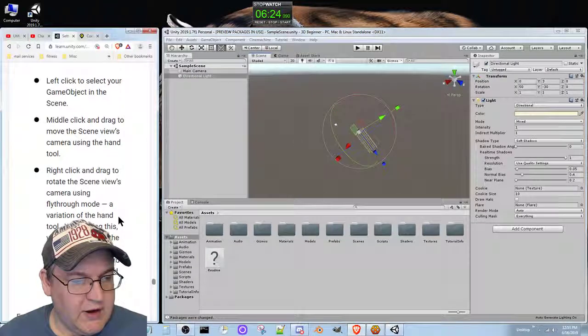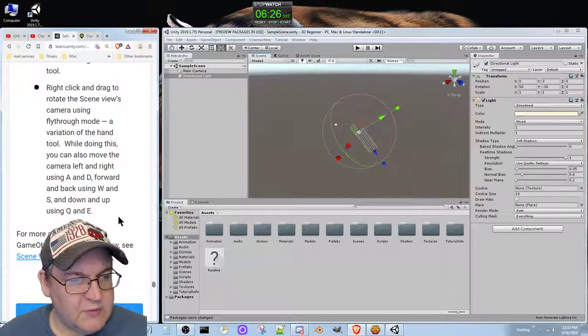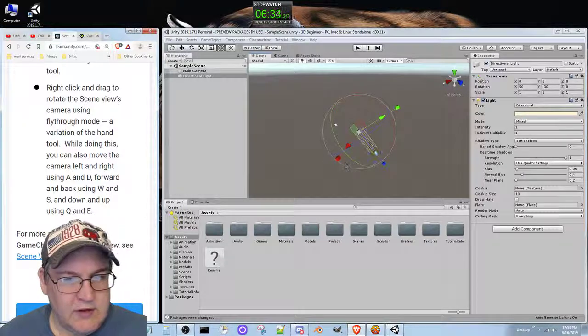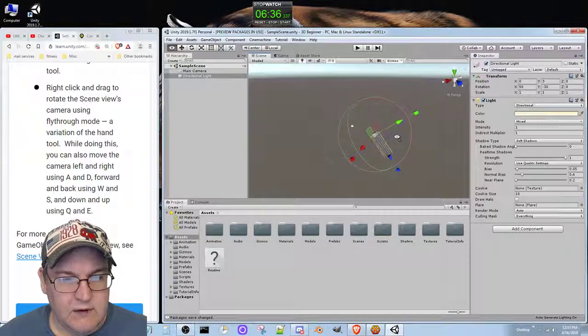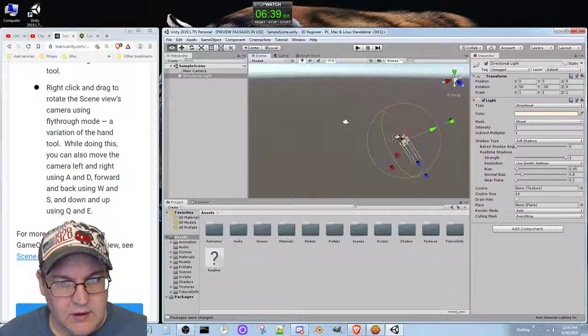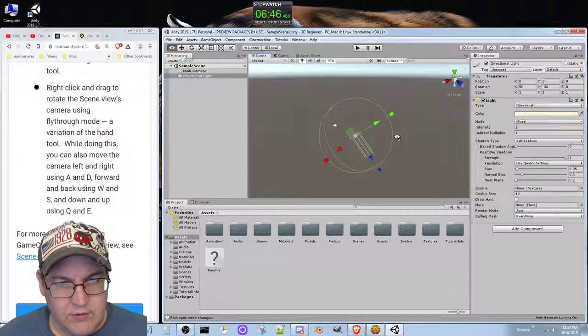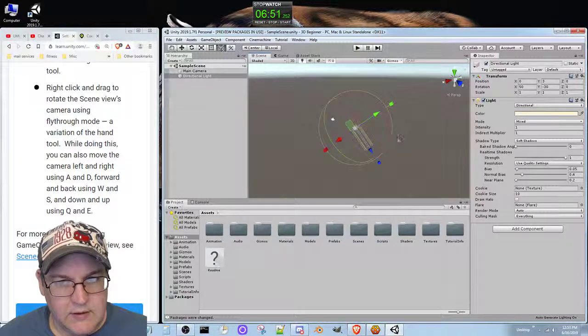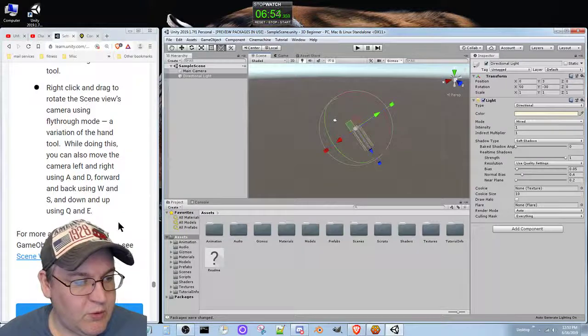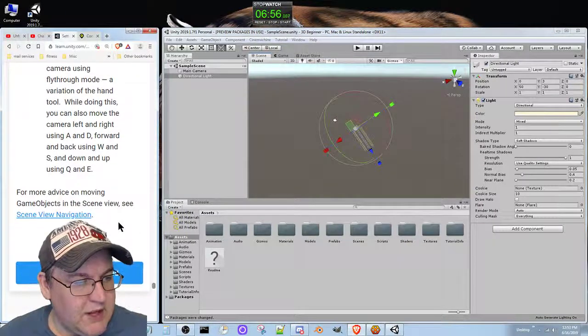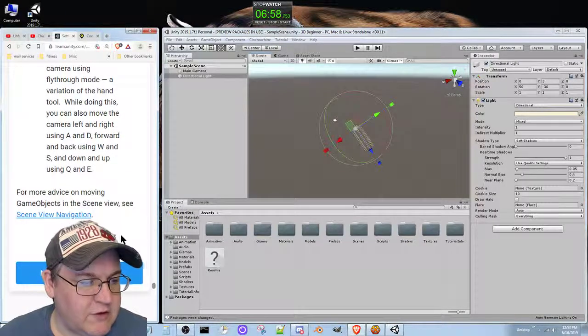Using fly through mode, a variation of the hand tool. While doing this, you can also move the camera left and right, A and D, forward and back using W and S, and up and down using Q and E. So, if I do something, zoom in, I can zoom out, move back and forth, up and down. Okay, by right clicking. Cool. For advice on moving game objects in the scene view, see scene view navigation, and